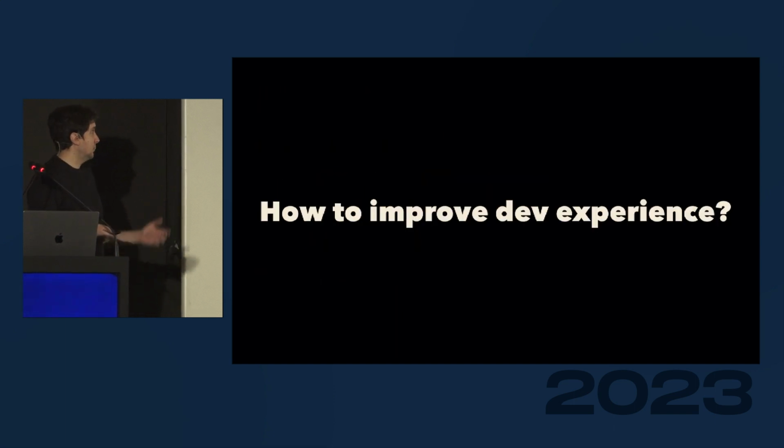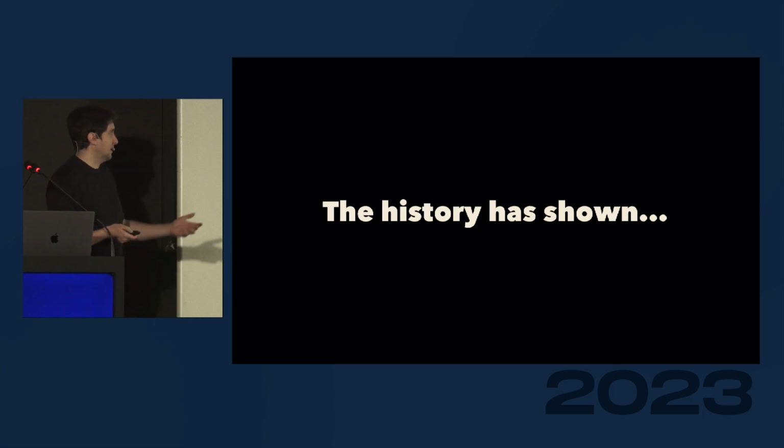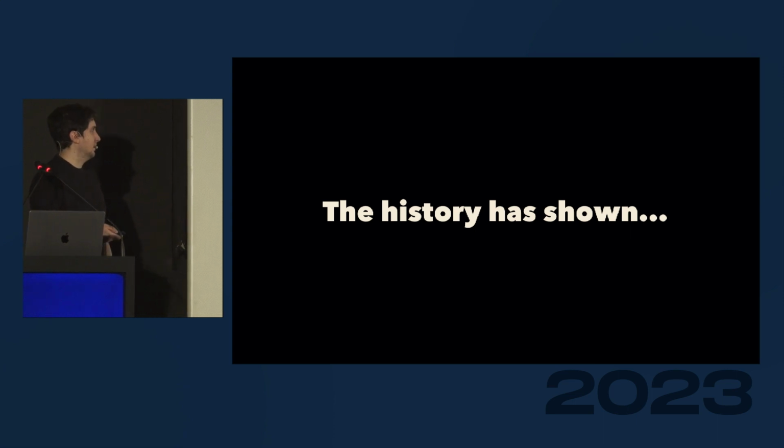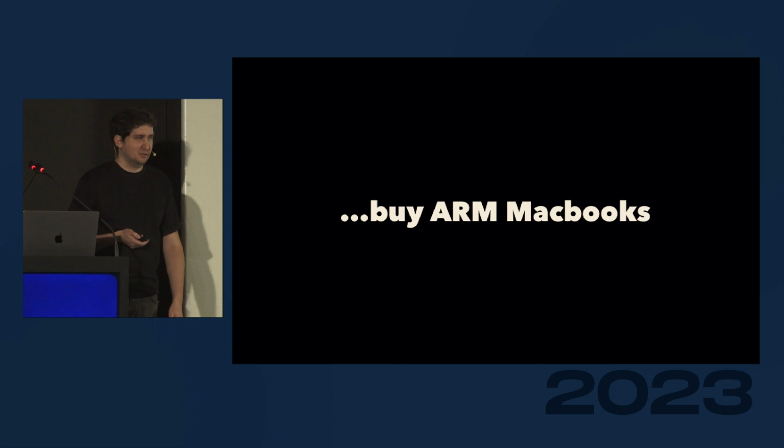So how do we improve developer experience? Well, looking at it 3 years down the line, history has shown that just getting everyone those M1 MacBooks pretty much solves everything. But